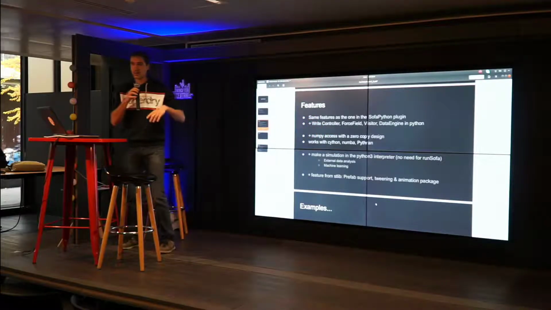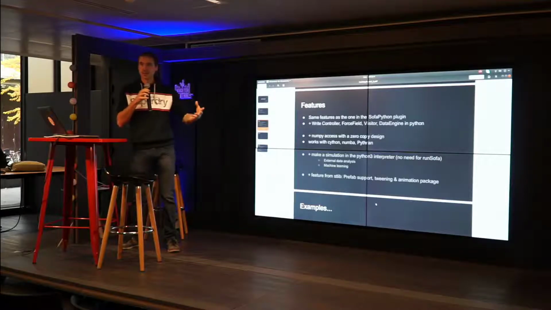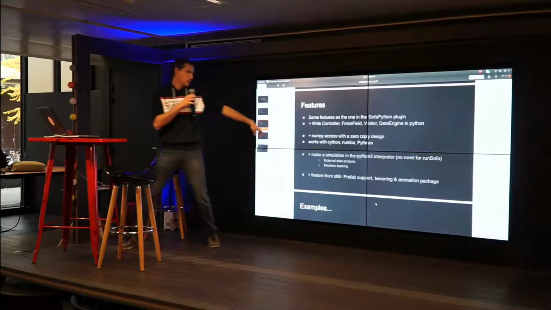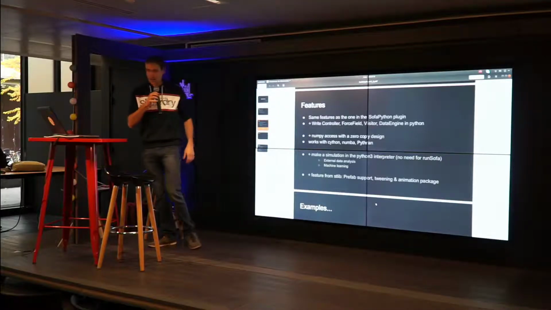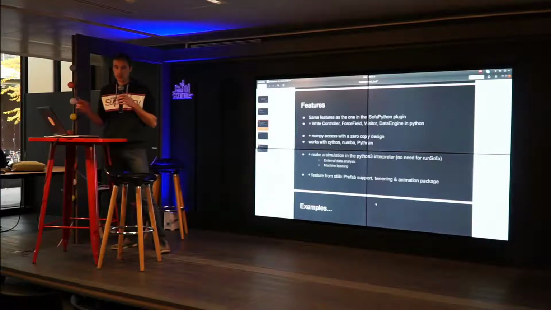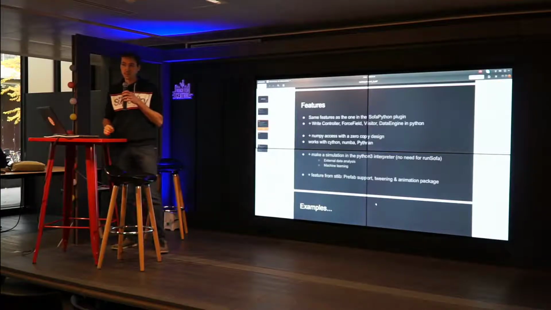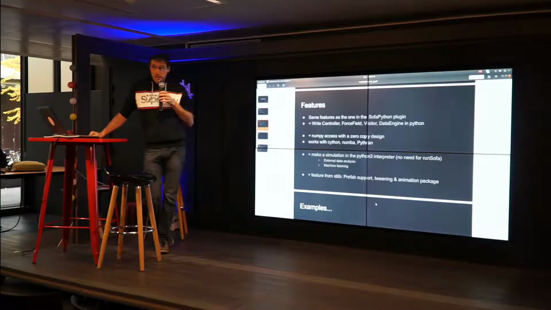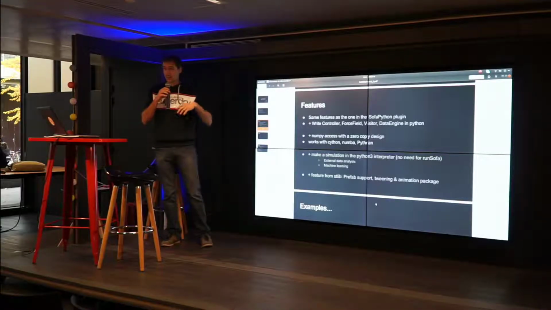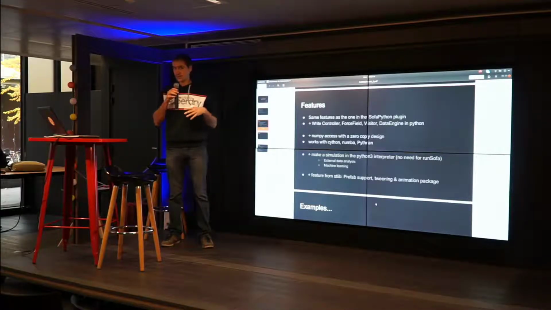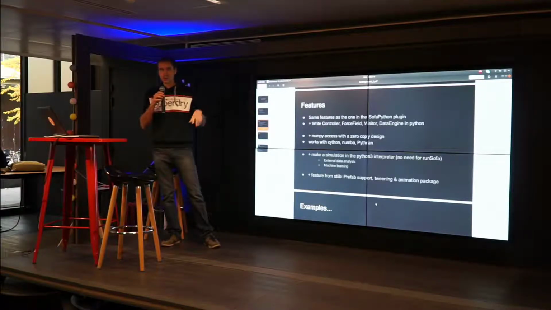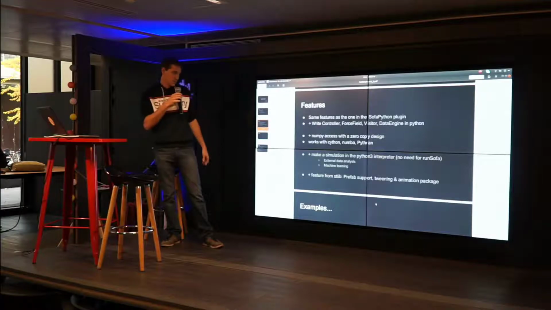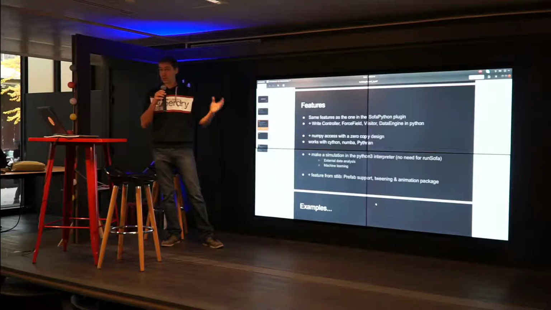In this plugin, what we try to do is a kind of zero-copy design. So when you have a lot of data in your Sofa simulation, you can expose and access it in Python through NumPy access. And the good news is that it works also with what are called acceleration frameworks for Python, like Cython and Numba. One of the very cool features now is that you can also make a Sofa simulation. I don't know if all of you are using Sofa, but in general you use an application called runSofa to execute your simulation. Now it's possible to make a Sofa simulation without runSofa. You can just take the Python3 interpreter, start your simulation and explore the data.